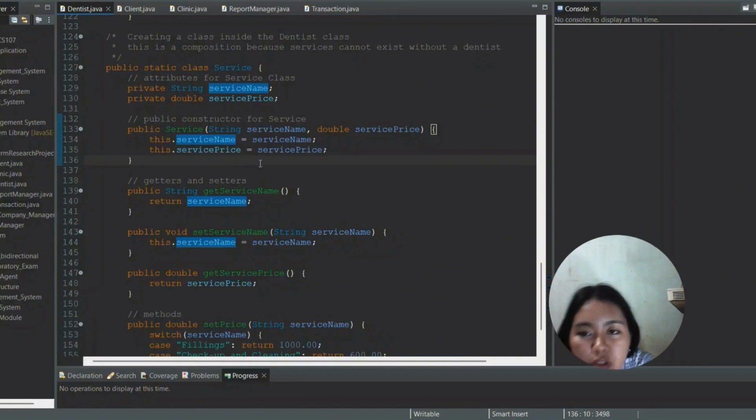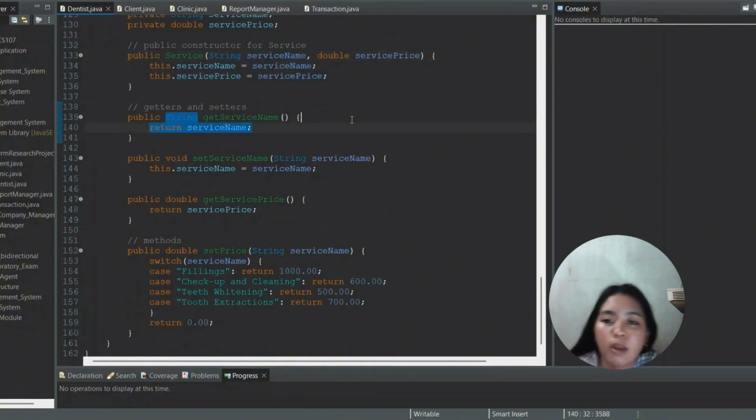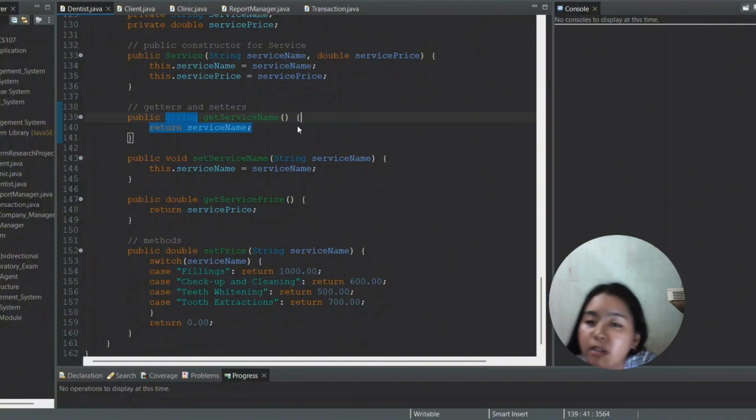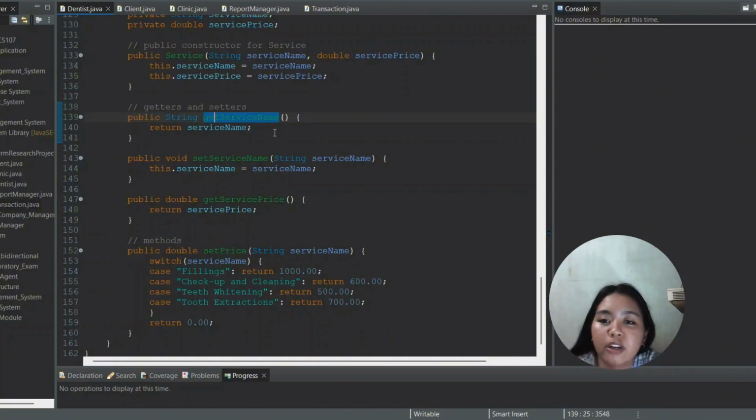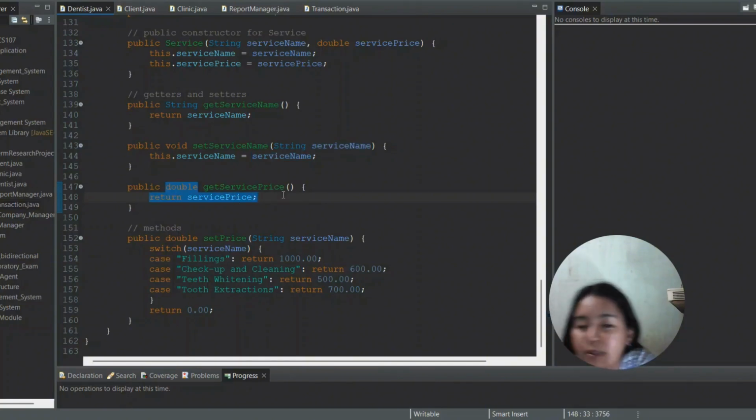Here we have a parameterized constructor that will be used later for creating the service object, setting the service name and the service price. We also have getters and setters: get service name returns the service name, set service name sets or updates it, and get service price returns the service price.